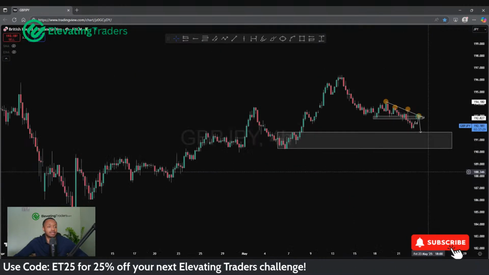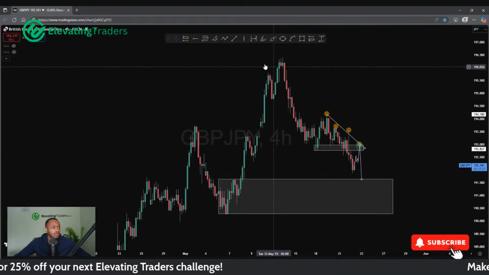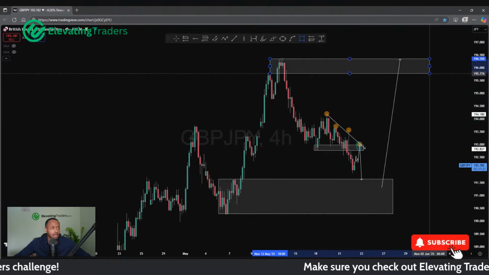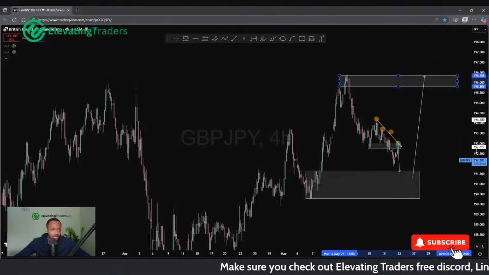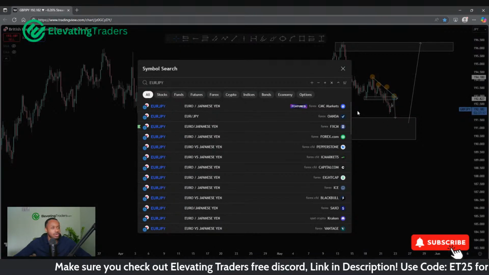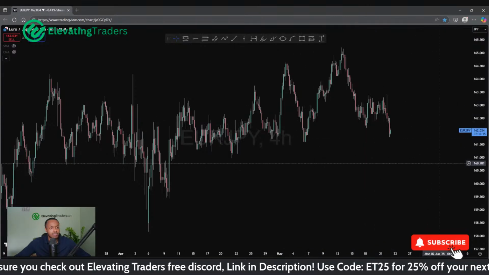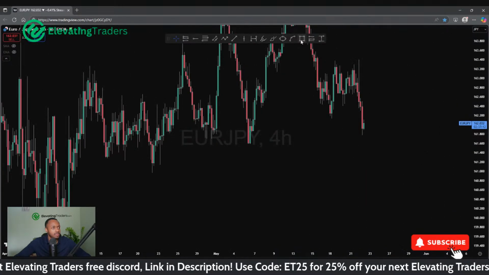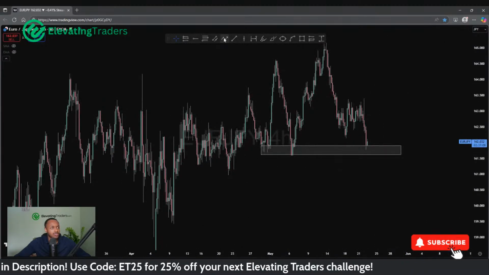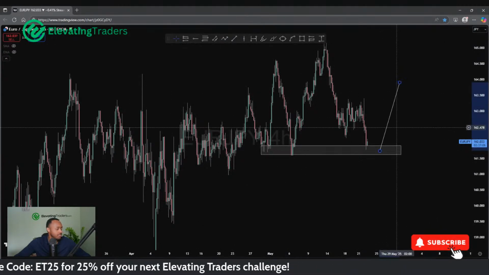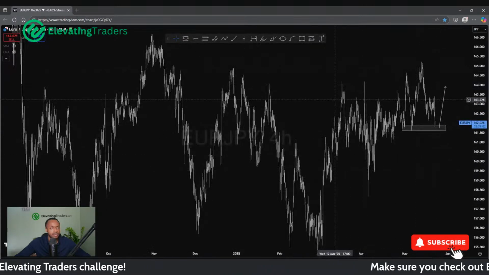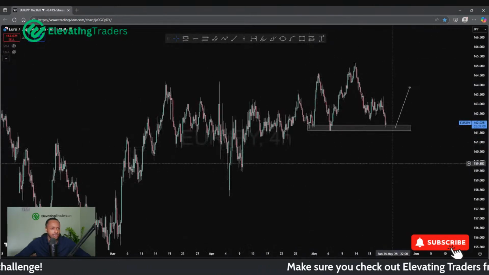Yeah, not as keen. I still do think we can see that rally to the upside, but I do prefer Aussie, I do prefer New Zealand. Euro yen, not keen on at all, to be honest. It's looked pretty bearish this morning. Coming back into support, we could bounce from there, but again, nothing clear cut there, and it's just basically trading in a range as well. So I'm not a big fan of the price action for Euro yen.